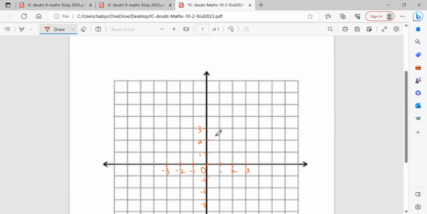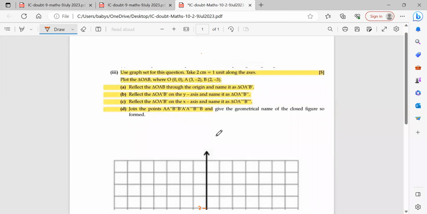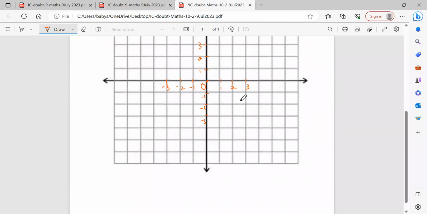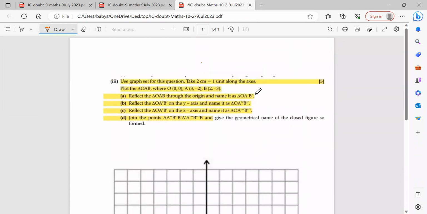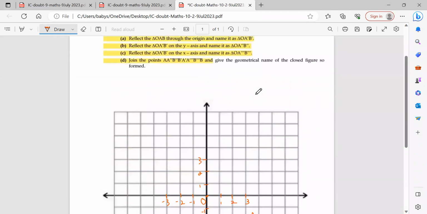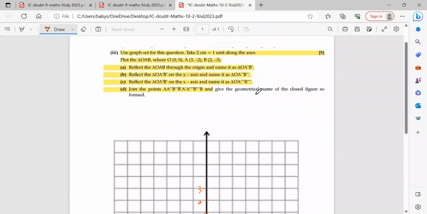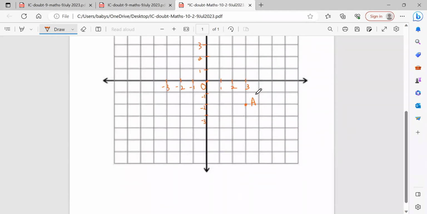Okay, so let's mark our A. Where is A? 3, minus 2, fourth quadrant, isn't it? This will be A. I have marked A. And B is 2, minus 3. It will be here. This is B. Now that I have A and B in place,